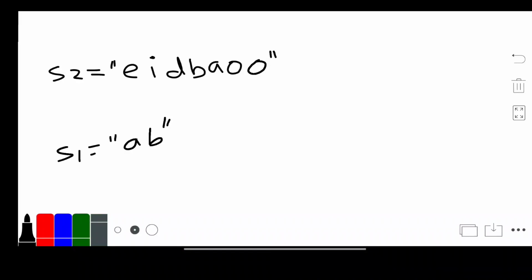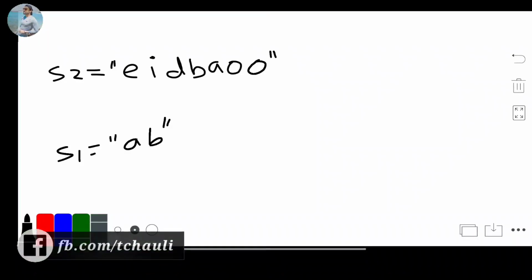This question is similar to the find all anagrams question. So basically everything is similar. In find all anagrams, you have to return the start index. Here, if it is matched, you have to return true. Okay, so let's understand what you have to do.